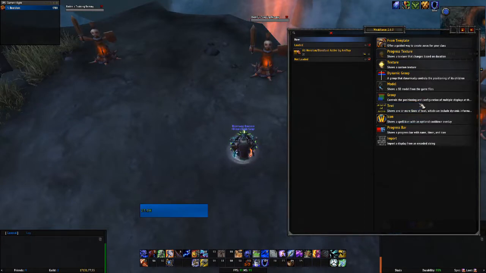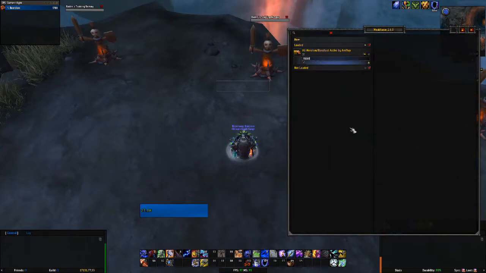But I'm going to create a group to start out. So let's create a group. I'm going to name it Enhance Sham Cluster. Alright, so we've created this group, but we can't really do anything with it. You don't really have any options to mess with your group until it has what is known as children inside it, but these are just the elements that you've decided to put into it. So to start off this